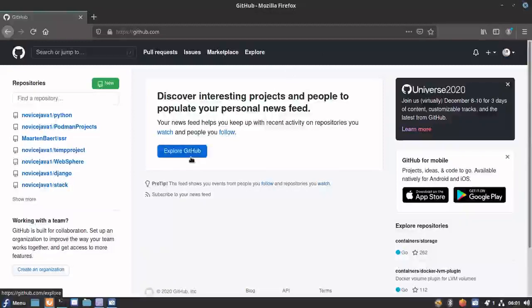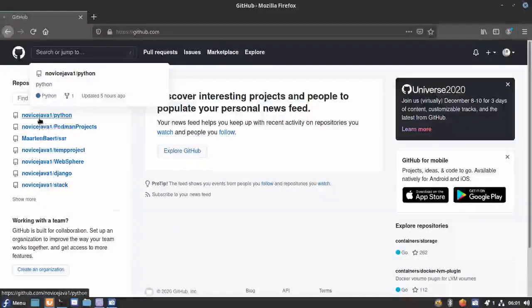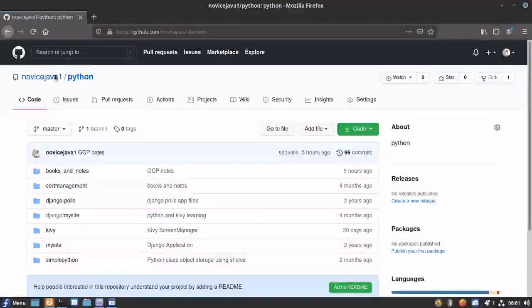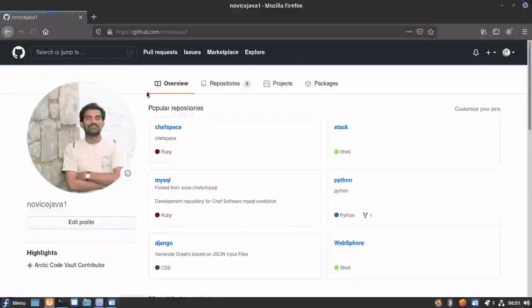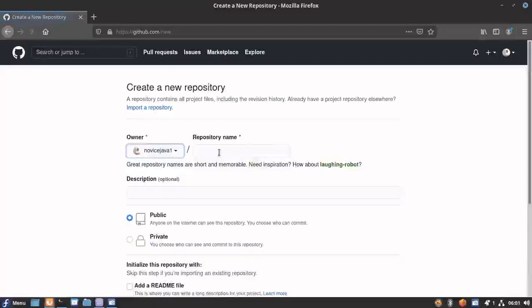This is how it will show, this is our GitHub repository. Right now what we want to see is how to create a repository. So let's go into the repositories here. You can go into the repositories and click on New, and you can pass on whatever repository name you want to give.